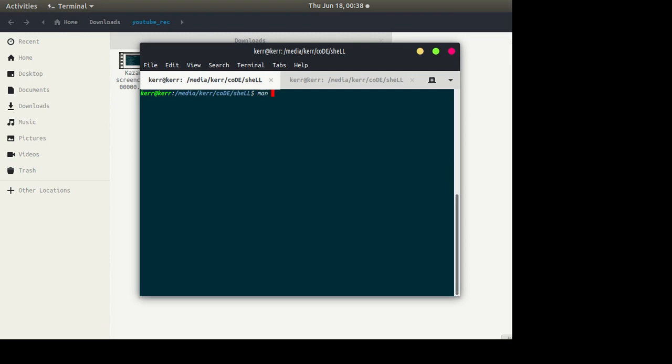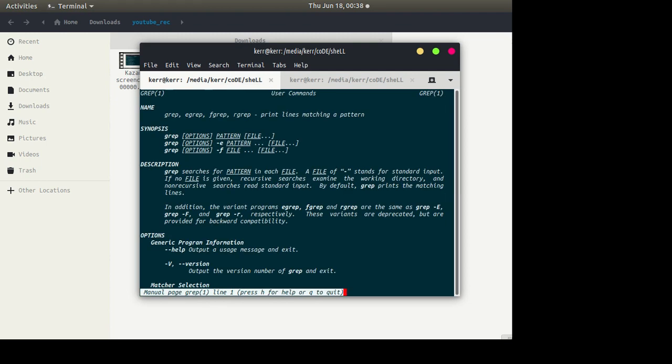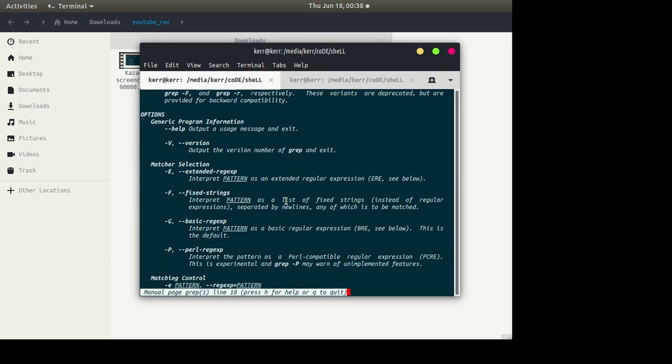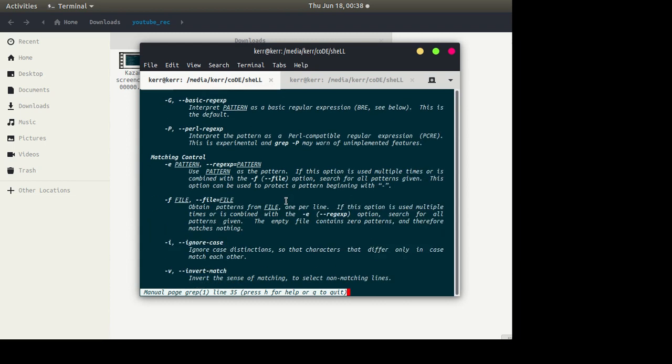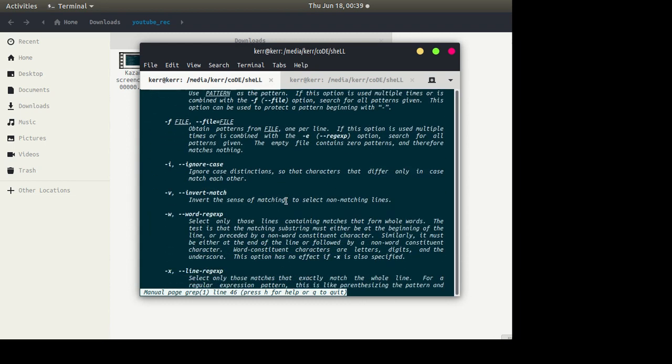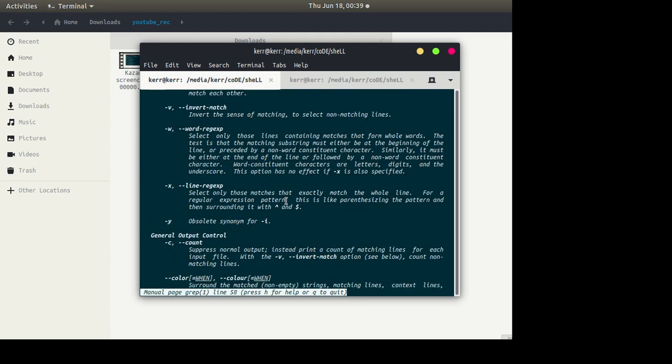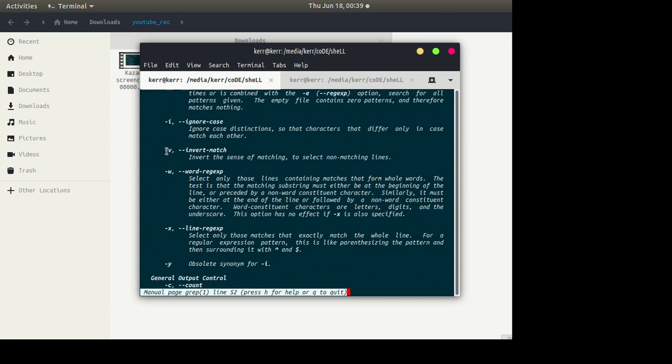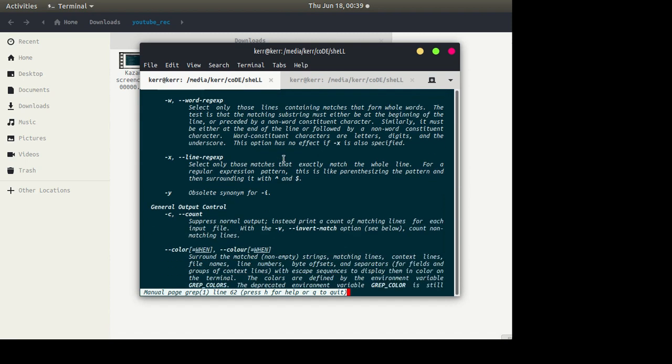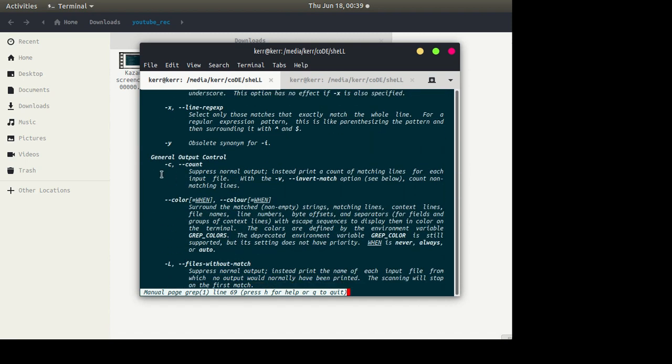So let's go to the man page of grep. It has various options, like -v. By using the -v option, you find lines except the string that you have given. I will go to a particular example of this.